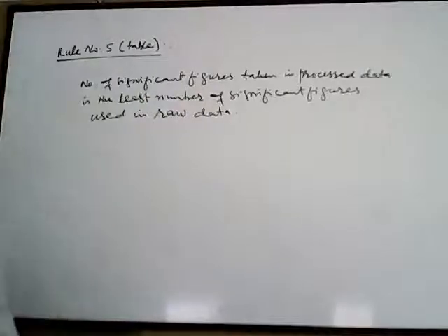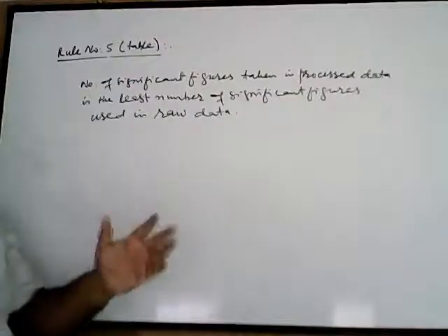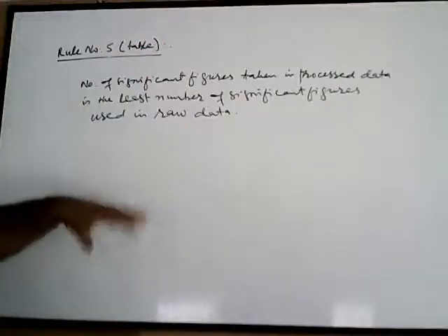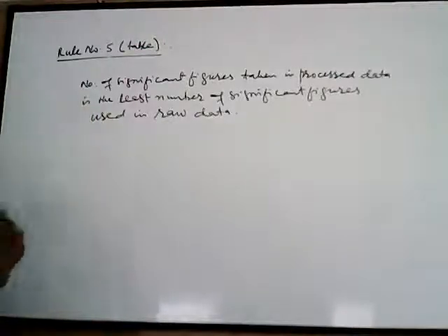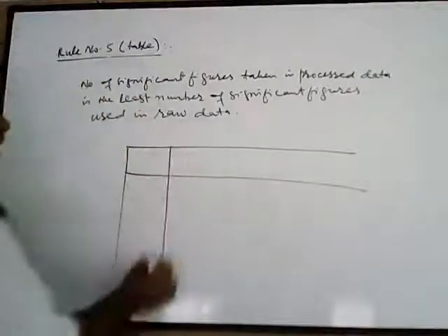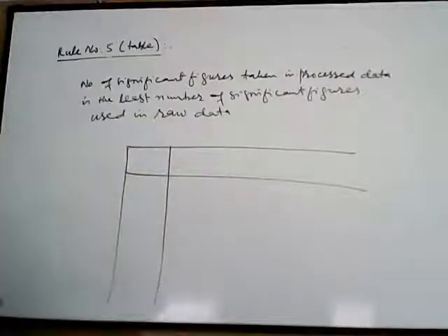Now here is the thing where students confuse themselves. They actually sometimes take the number of decimal places in the raw data. They say, so why decimal places, then significant figures? First, when you write the raw data, you write by keeping the number of decimal places. They must be consistent according to rule number 4. But when you are calculating in the processed data, you will see the number of significant figures of the raw data. Then the least number is taken. I've just given an example here. You are supposed to always calculate the new values. You are not to carry on the old ones.